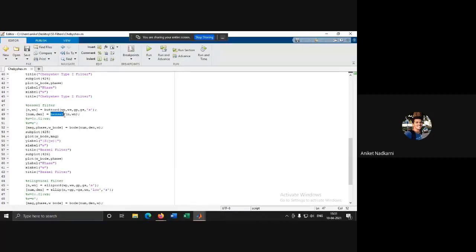Now, besself is the function which gives us the numerator and denominator of the transfer function for this filter. It takes in the order and the cutoff frequency, and outputs the numerator and denominator. As Dhananjay explained, we take up the Bode plot, providing numerator, denominator, and omega. Omega is the x-axis, which is the range of frequencies. Now we will plot this.